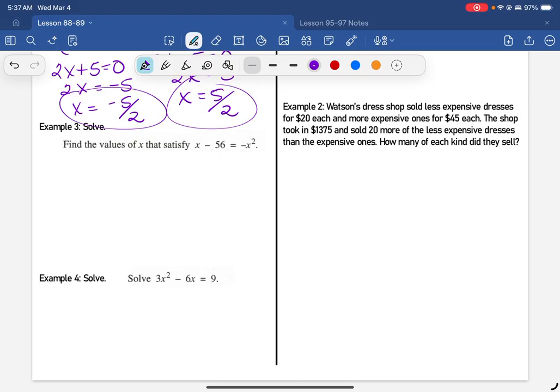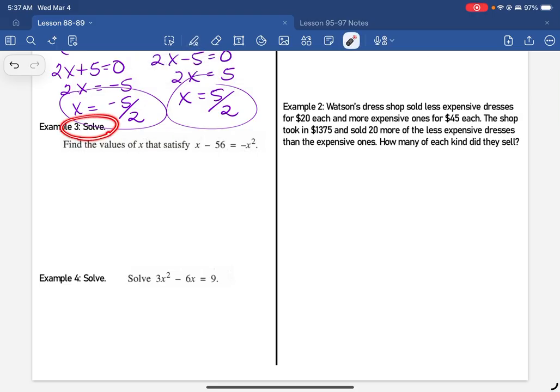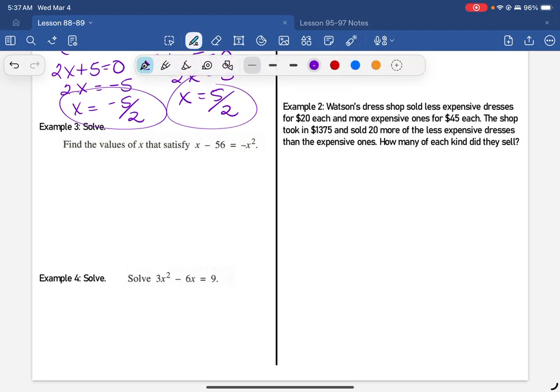Alright, though these directions are a little bit different, they want us to do the same thing. So just pay attention. It says solve, but this one says find the values of x that satisfy. This one simply says solve, but they all mean to do the same exact thing. So hopefully you remembered to put this in descending order in standard form, and then factor. So x, x